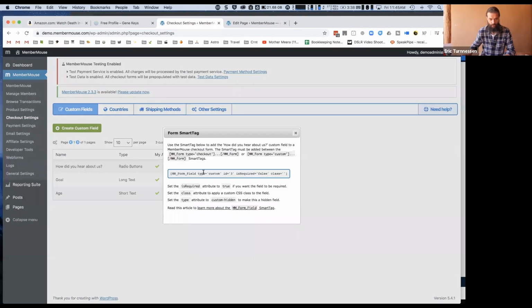So for each one of these, all I need to do is copy this smart tag. You can specify if it's required or not. By default, it's not required. So if it is required, MemberMouse will ensure that they fill it out. But if it's not, then they can submit the form without filling them out. That's up to you in terms of if you want it to be required or not. You can add a custom CSS class to style it, et cetera. Anyway, you can check out the documentation here to learn more about it. But essentially,